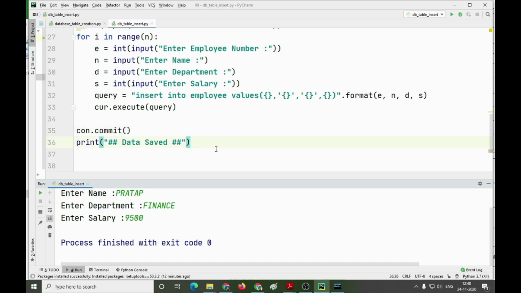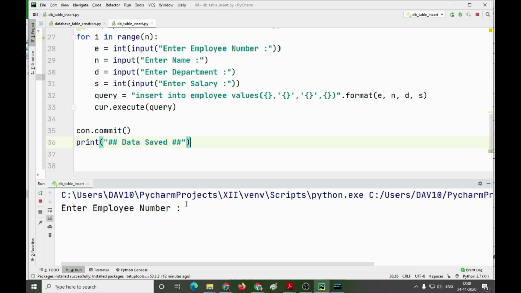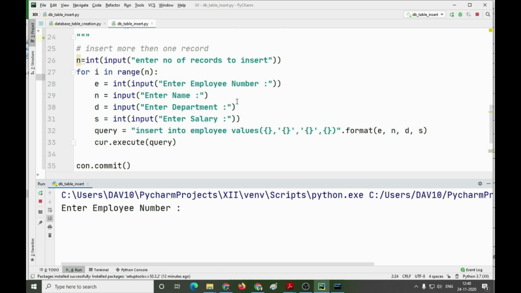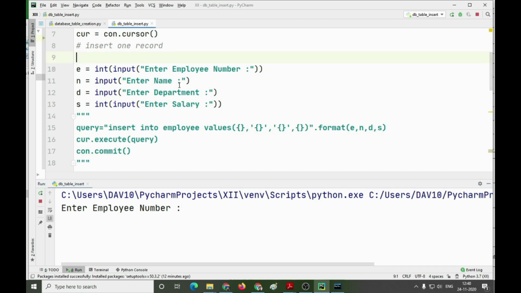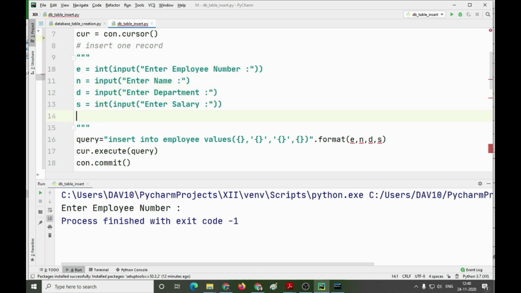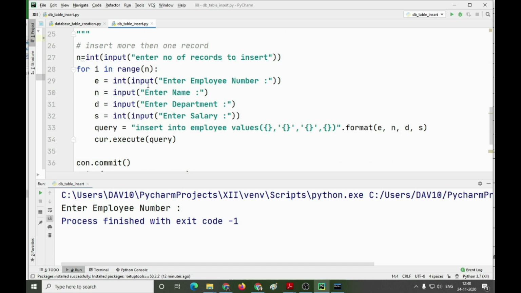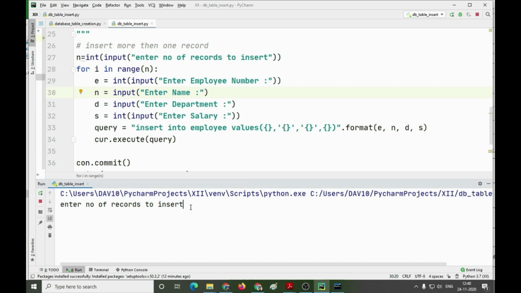So let us execute this program now. Enter number of records. We have to suppress the previous one, isn't it? Oh, I have forgotten to suppress this one, so I have to stop it again. Let us first make this one a comment so that it should not execute, because we are having values over here to be entered. So let us execute the program once again. Enter number of records to be inserted. Let us say 3 records I want to insert.